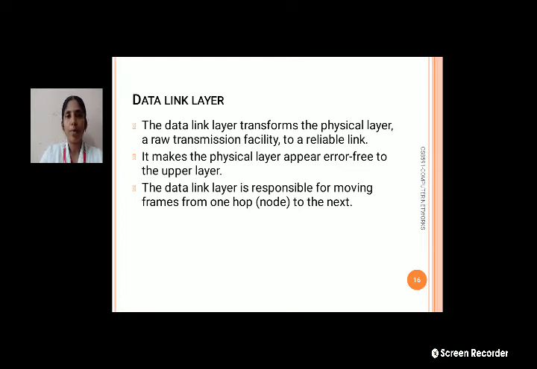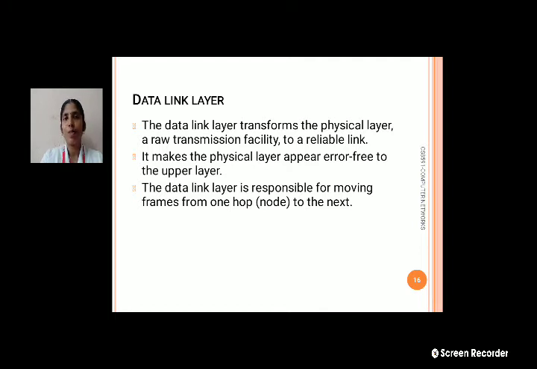The next one is the data link layer. The data link layer transforms the physical layer, a raw transmission facility, into a reliable link. It makes the physical layer appear error-free to the upper layer.